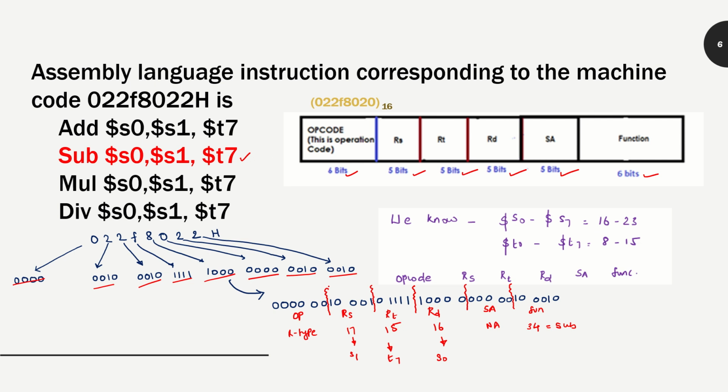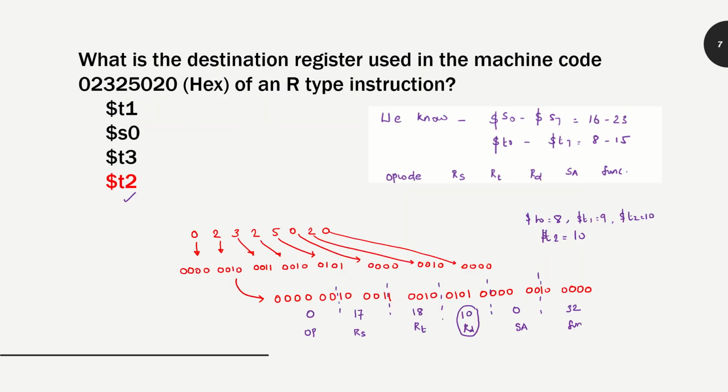Let's segregate it properly. We are now grouping it all together. Now the first field has confirmed that it is an R type instruction. So it could be addition or subtraction. So rest two are gone. Forget it. Now let's come here. We can see that it is 34. So 34 represents subtraction. So the first is also gone. Rest two are already gone. Since it is confirmed here, you can close your eyes and select subtraction. This is just selecting the wrong answers first, completely eliminating it, and then going for the right answer. This is the right approach for you to go ahead with COA quizzes.